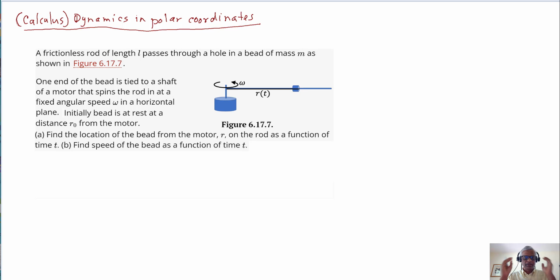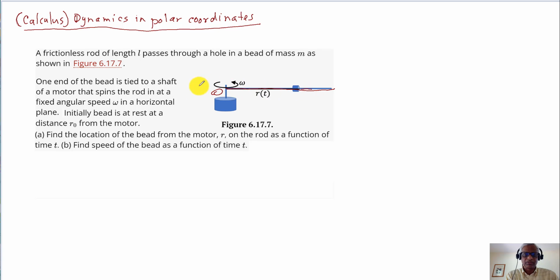We have a problem that requires calculus. This is a problem of motion along the radial direction. If this was the origin, then it's along the radial direction. So this block, or this bead, rides on a rod